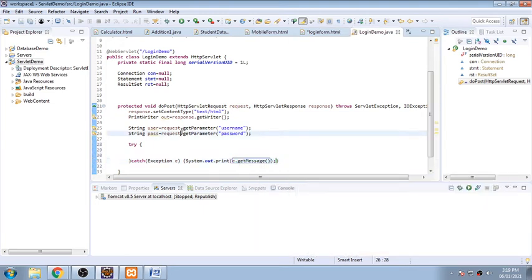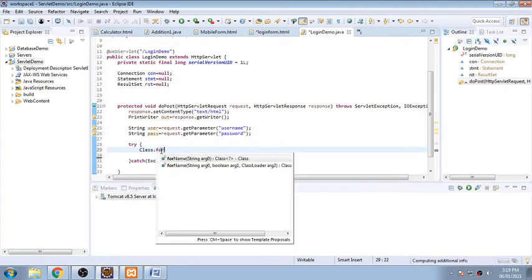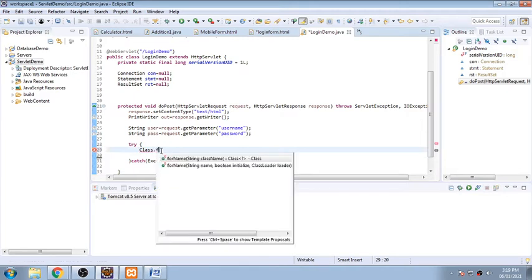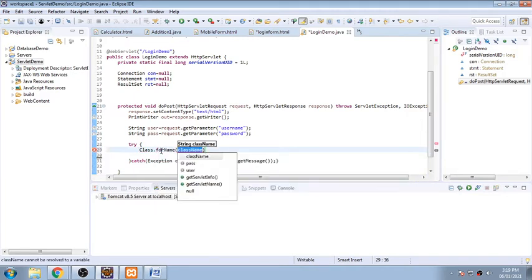So that's it. So first one is Class.forName, into bracket. Now tell me what to enter here. com.mysql.jdbc.Driver.